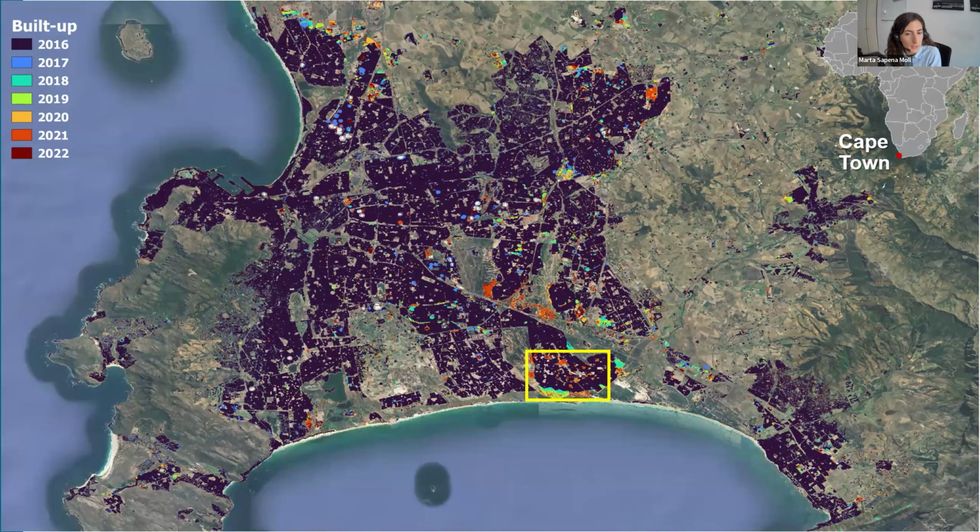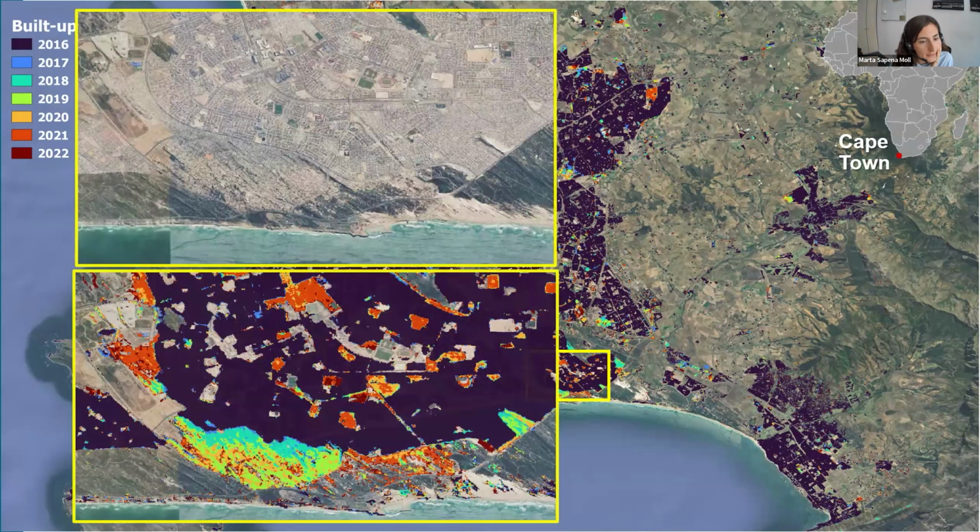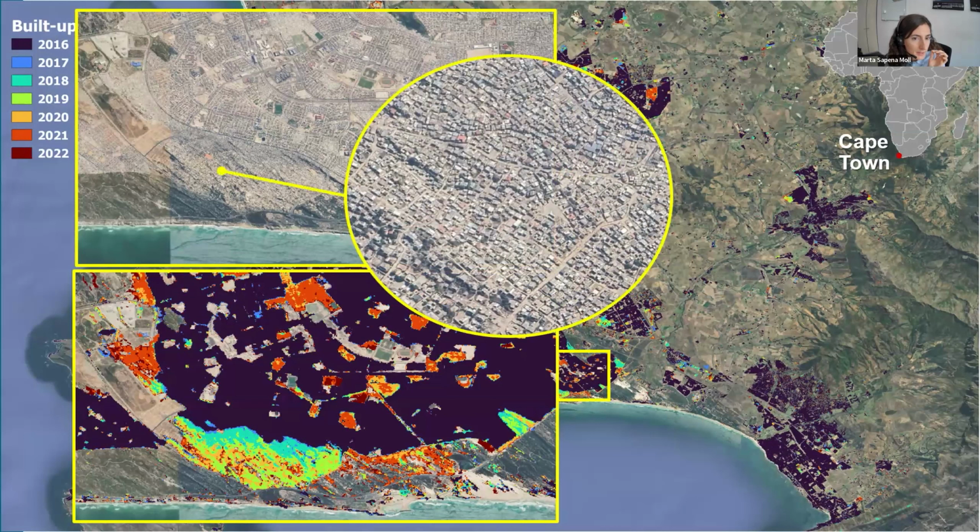So if we zoom in on some of the areas, for example, here you can see that it detected that this area in the city grew between 2018 and 2019, and we also have those orange areas here that were developed mainly in 2021. So it's very detailed, and we can really see the different time frames where the city is growing. And here you can see, maybe in this image it's not very visible, but this is very dense urban development, probably in the shape of slums or some informal development, but it's still able to detect it.